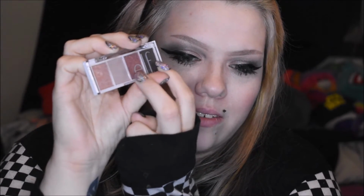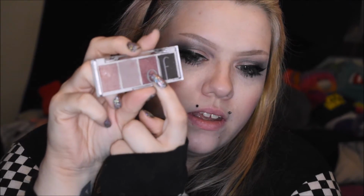And onto this eyeshadow palette. I really like the two lighter colors. The two darker ones I didn't really like. This one had a ton of fallout. The darkest one under the E had a lot of fallout, and overall it was stubborn and wouldn't go on my eyelid at all. And then this one also just kind of...